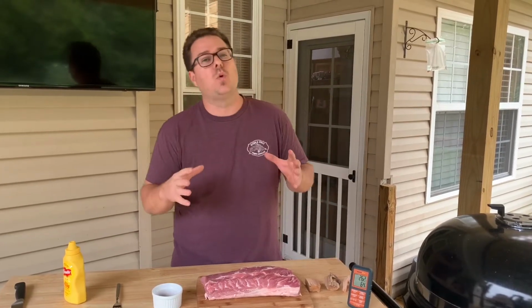Today, it's all about massive flavor, easy effort. So how do we do that and what are we doing? Today, slow roasted pork. Put it on our Weber, roast it for about 2 hours, smoke it, get as much flavor as we can. Then we're going to crank that bad boy up, start caramelizing it with some barbecue sauce,